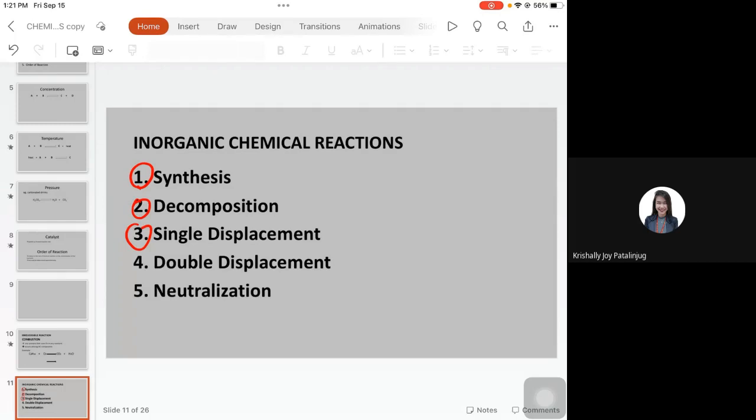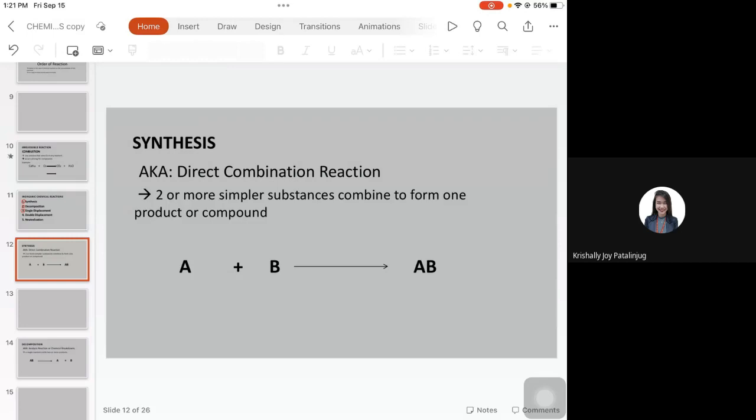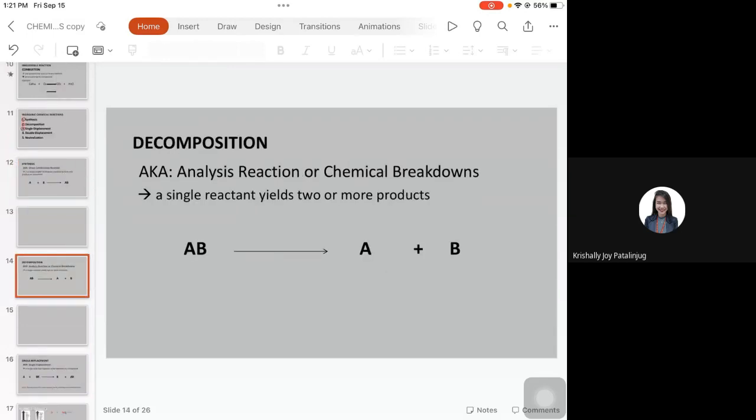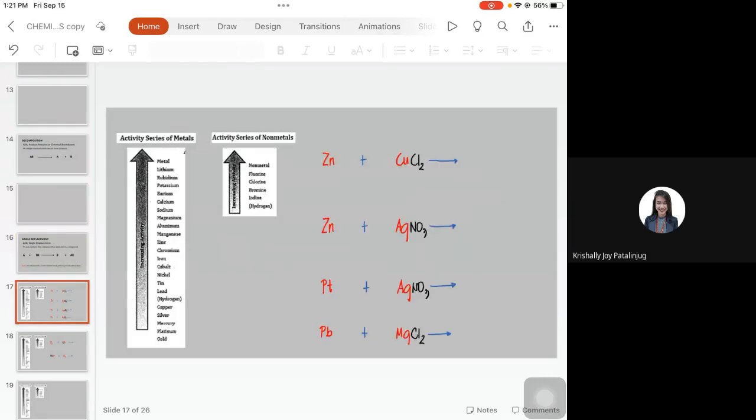Reaction. Recalling them, we have synthesis, decomposition, and single displacement. In synthesis, we form only one product. In decomposition, the exact opposite of synthesis, we break down that single reactant or single compound. And then in single displacement, you have one element that replaces another element in a compound. Okay, so you have to make use of this reactivity series of metals or reactivity series of nonmetals for you